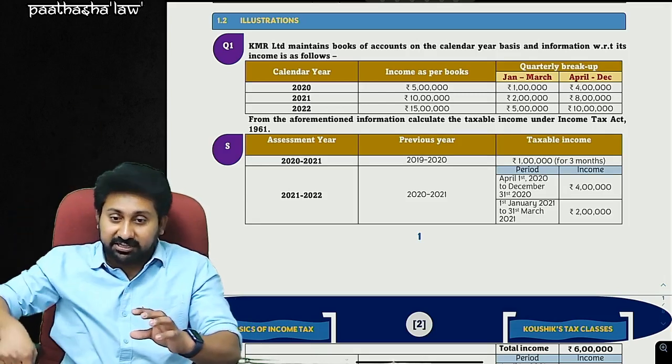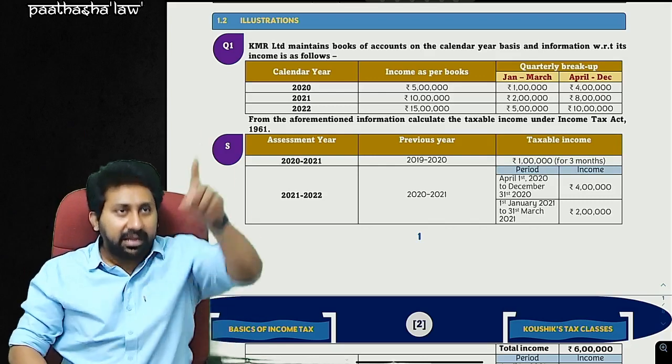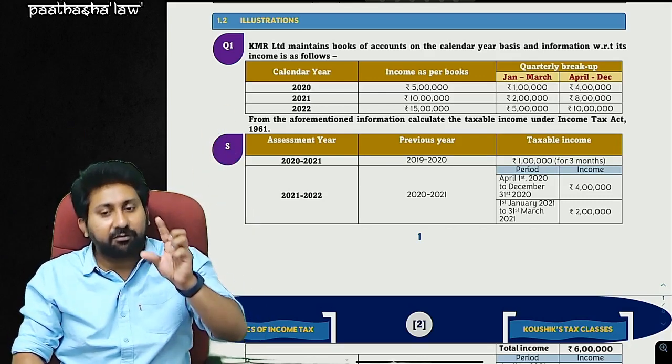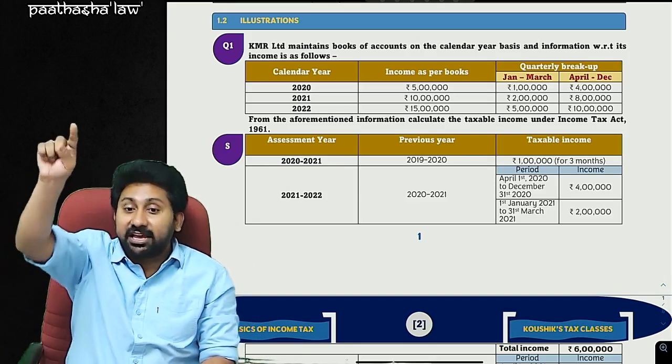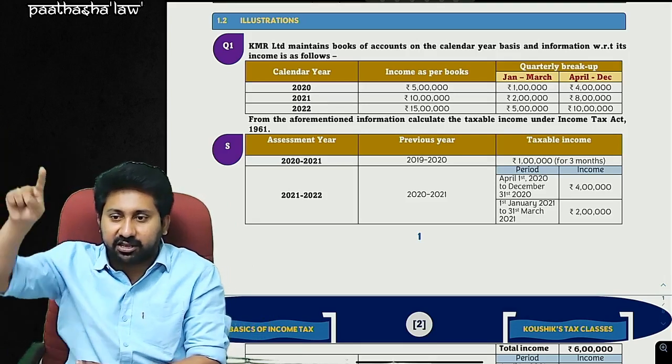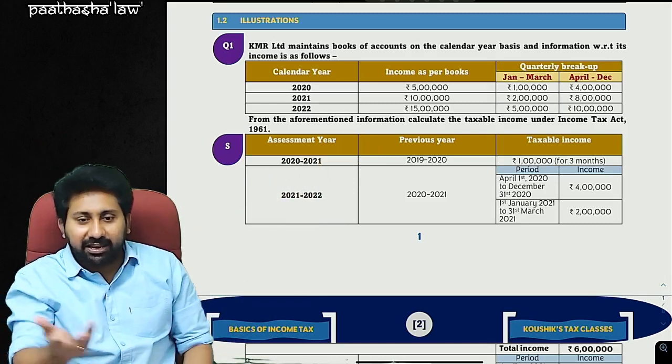Take, for example, I gave you books of accounts for January to December. Next year also January to December will be there or not? You do one thing. From January to December you take only April to December. Next year also will be there. There you take January to March. It becomes a financial year. So I gave a breakup. It's very easy to break up as well.